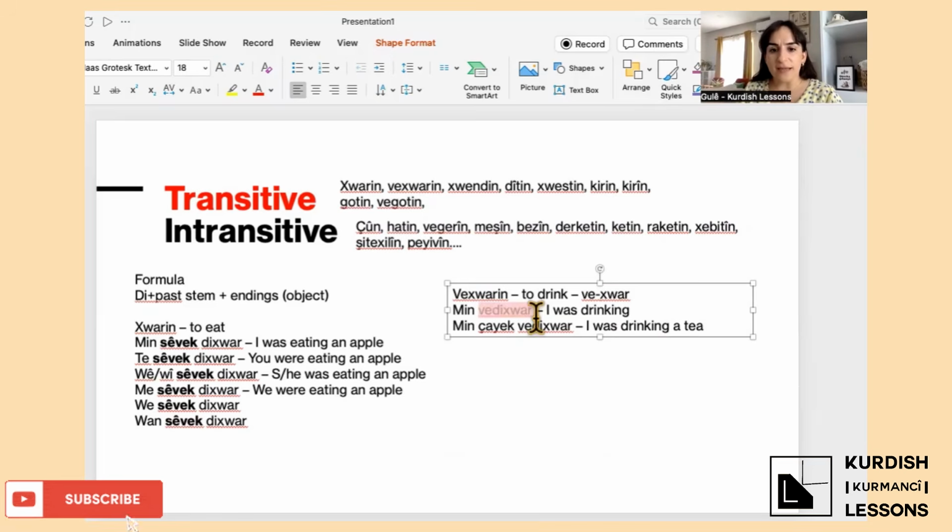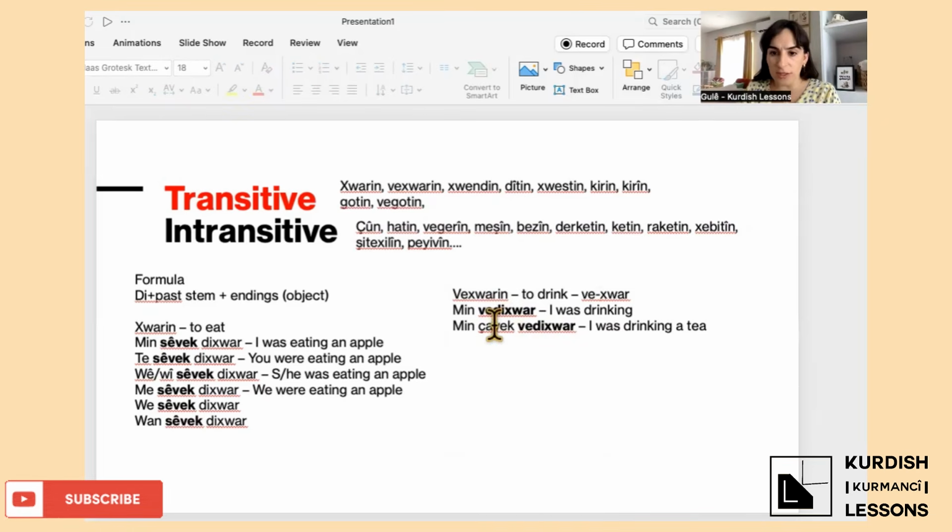So here the verbs are the same because in the first one there is no object, so it works like a singular object, and in the second one the object is singular, so you don't need any ending at the end of the verb. Okay, no e and nothing.